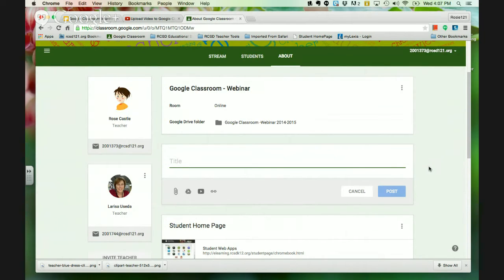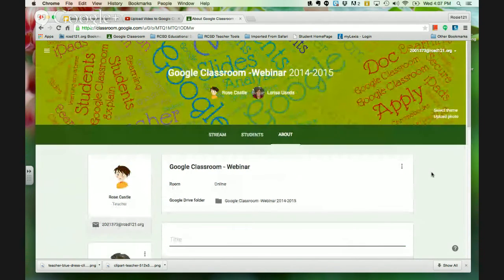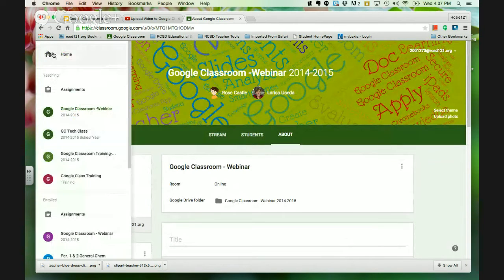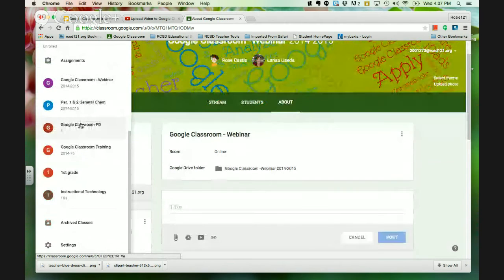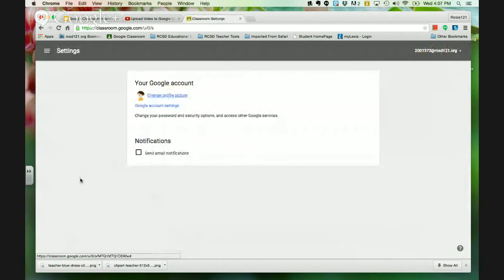Okay. Now, this is one of those fun tips that you've got in Google Classroom. This is something that a teacher can do or a student can do. We're going to go over here to our hot dogs, which is our menu setting. I clicked on it, and I'm going to scroll all the way down to where it says Settings. I want to click on this. Right here, it says Change Profile Picture, because I know lots of us might not even have this set up yet. So if you click Change Profile Picture,